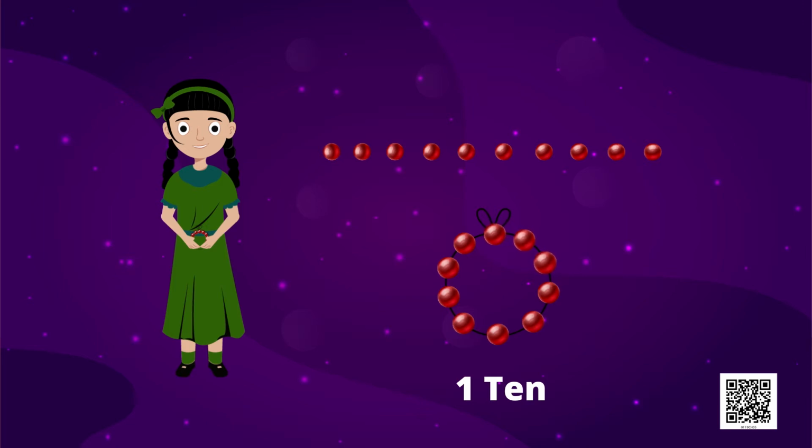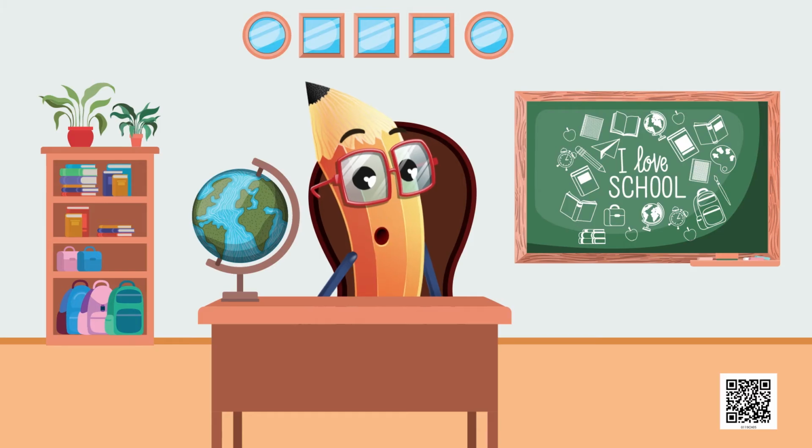1, 2, 3, 4, 5, 6, 7, 8, 9, 10. She has used 10 beads. Oh wow, 10 beads. So 10 again. She has made a 10 with red beads. So here we have a 10 made up of red bright beads. Oh, Gungun is doing a lovely job.